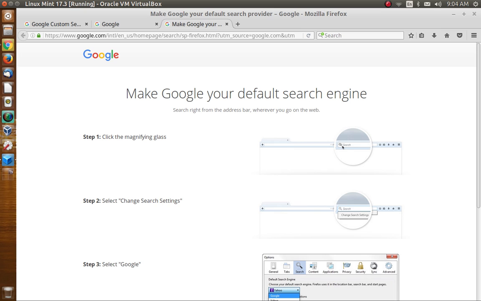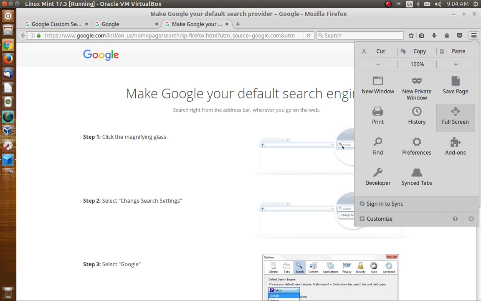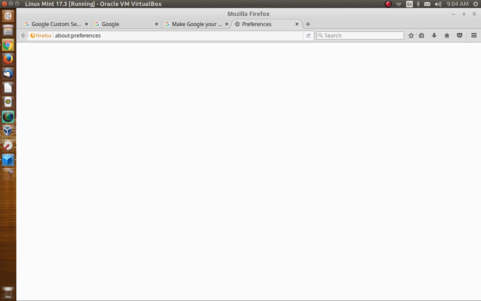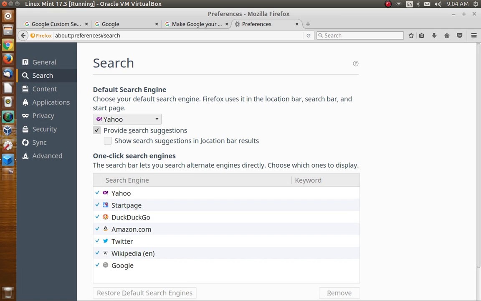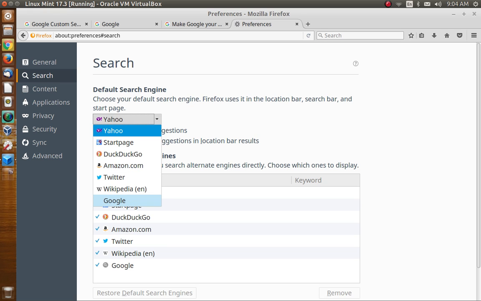So what do they say to do? Click on the magnifying glass, add Google. And now, if you want to make it the default across the board, go to Preferences, go to Search, choose your default search engine, make that Google,